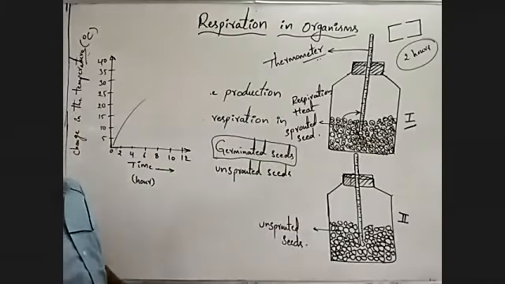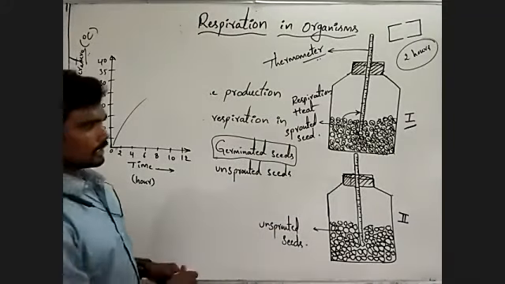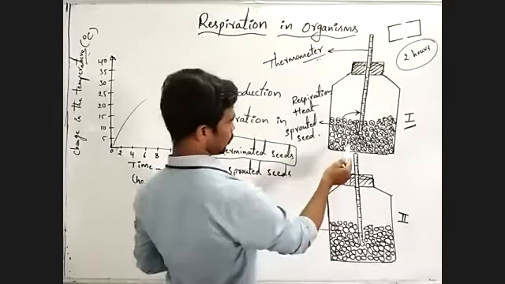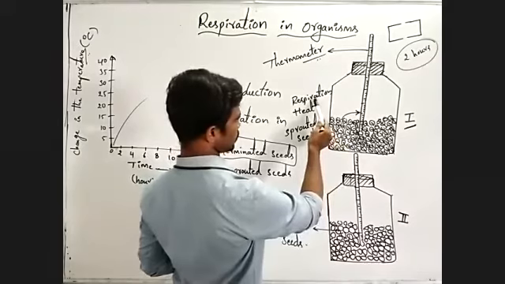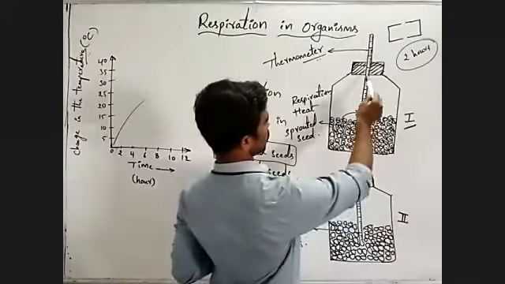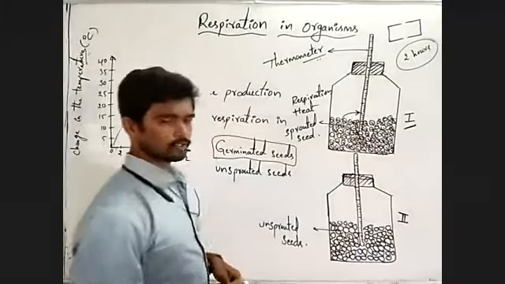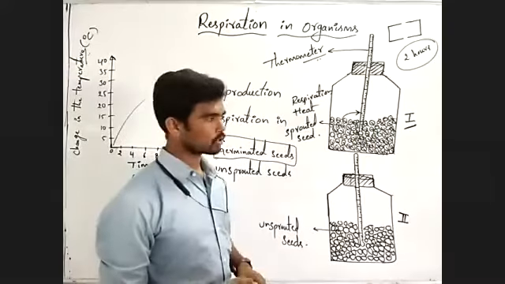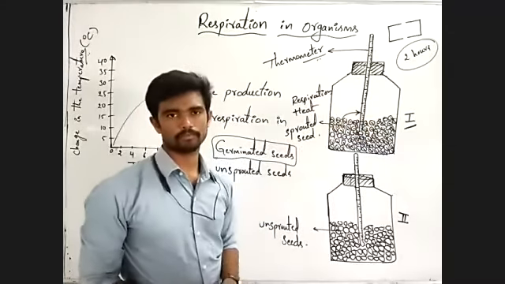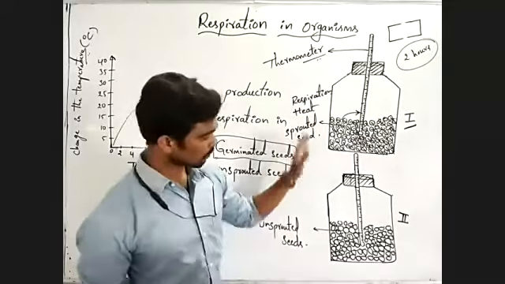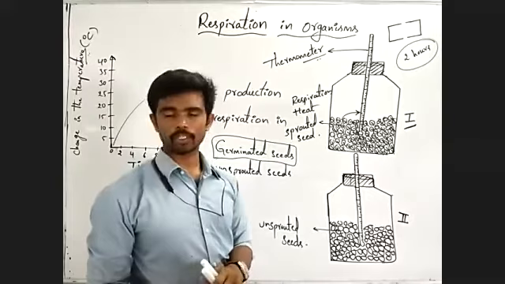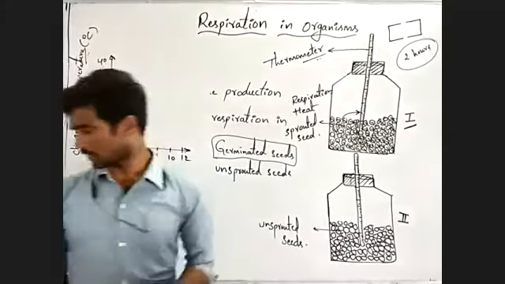Understanding is important here. This is an important activity. In this activity, we have observed that sprouted seeds can perform respiration and heat is produced, because in the thermometer we can find increased levels of the mercury. This is the important activity to prove the production of heat during respiration in plants.